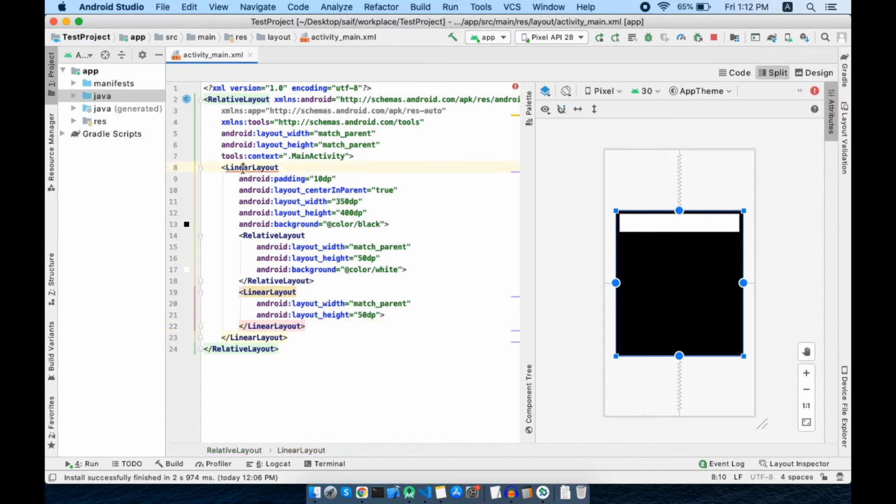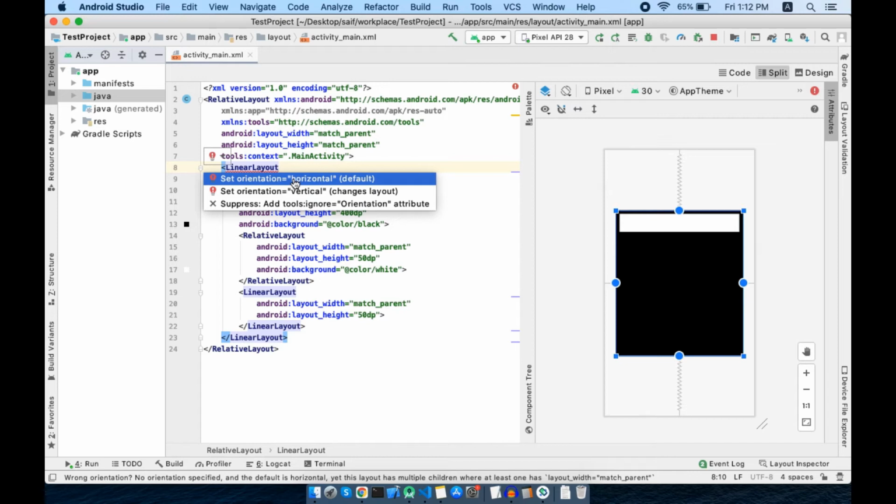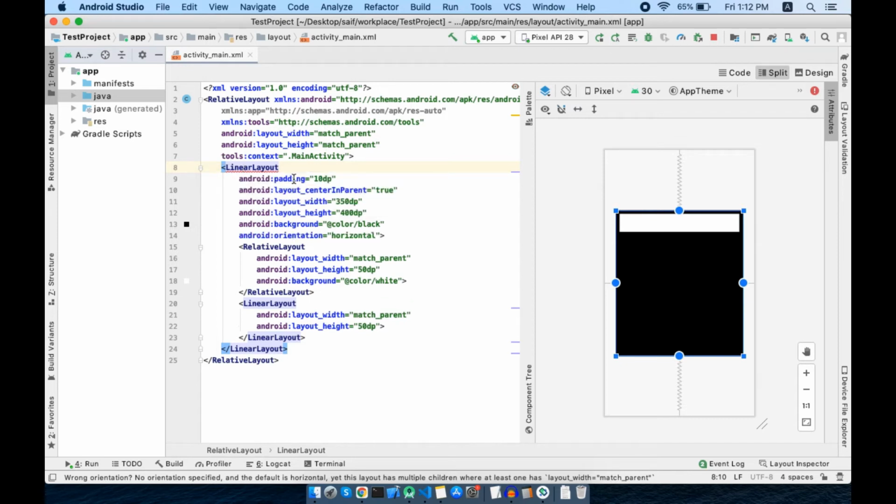As you can see, it's giving an error, and the error is because we need to set the orientation of this LinearLayout. By default it is horizontal, but I want it vertical. Okay, now the error is gone.